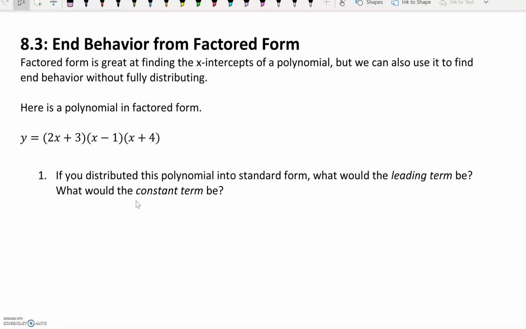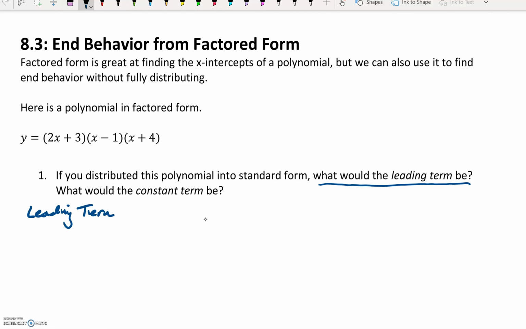All we have to do is we need to think about how do we change functions from factored form to standard form. And the way we change functions from factored form to standard form is we need to multiply them out. Now, if we distributed this polynomial into standard form, we are looking for first the leading term. And in order to find the leading term,